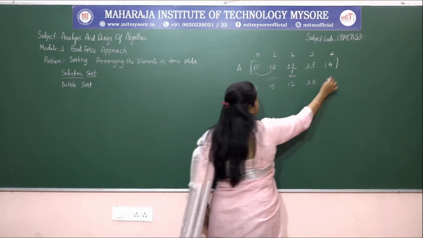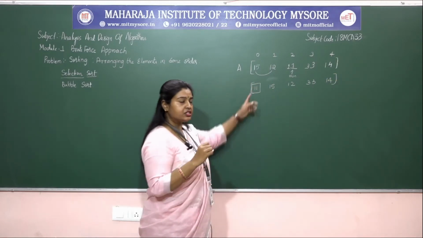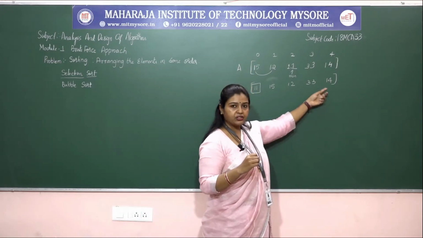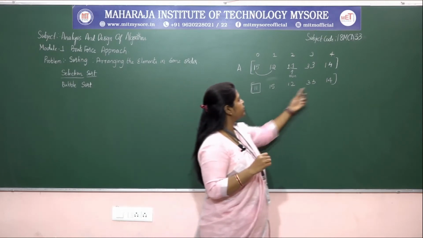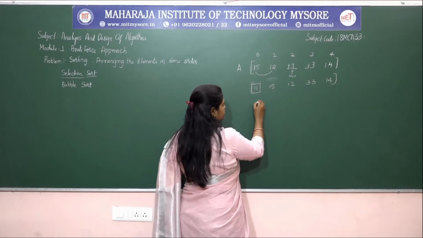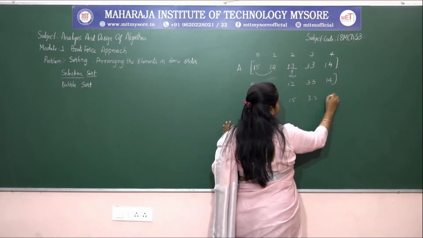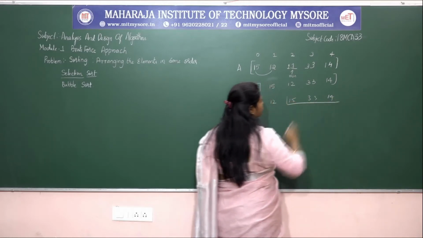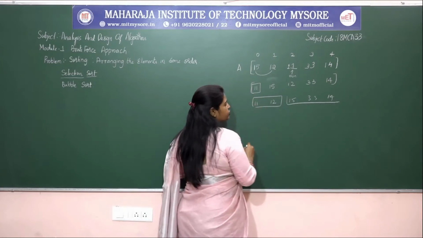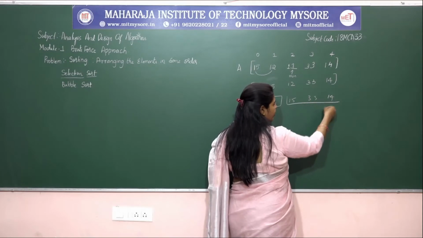Okay. So next, what we need to do, we have come up with the first sorted element. Now we have the remaining elements. So now again we need to choose the second smallest element and place it in an appropriate position. So this is the first position, next 12, next 15, 33, 14. So now we need to sort these three elements. So these two elements got what? Sorted. So now among these three, which is the smallest element, we need to do comparison and then we